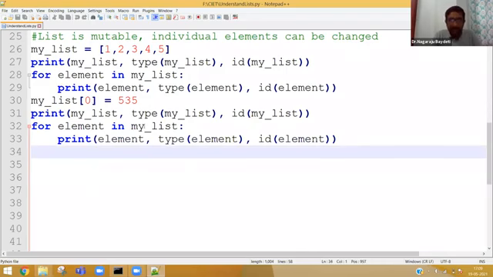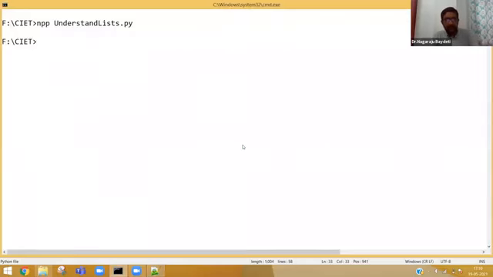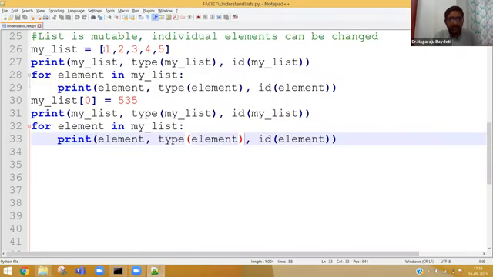Whereas individual elements of a list can be changed, that is called mutable. Mutable means which can change. See here, 1, 2, 3, 4, 5 are the elements. I am giving my list of 0 equal to 535, replacing this 1, and it is being replaced.